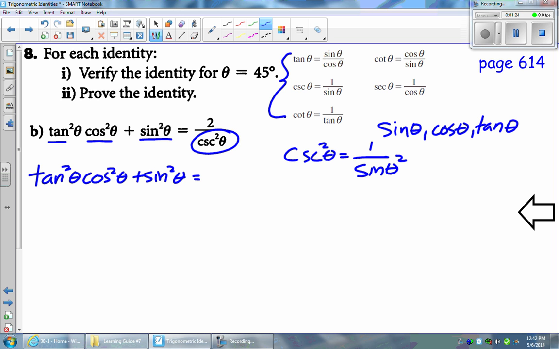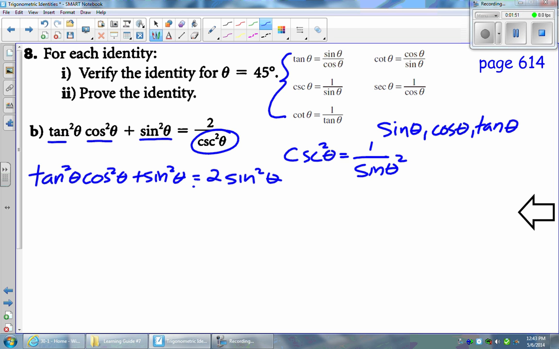Okay, so I'm going to go ahead and replace the cosecant squared theta with 1 over sine squared theta. What will end up happening here is you're going to divide by a fraction. When you're dividing by a fraction, it's the same thing as multiplying by its reciprocal. So the reciprocal of 1 over sine squared theta is sine squared theta. So I'm going to go ahead and rewrite that. It's 2 sine squared theta. As you can see here, we haven't been able to cancel anything out,